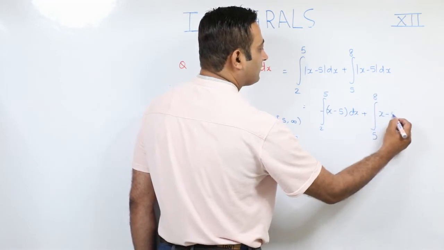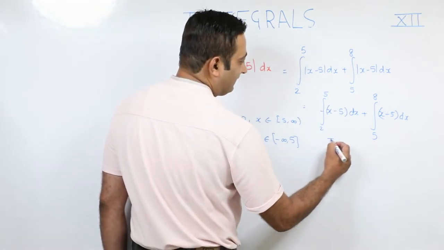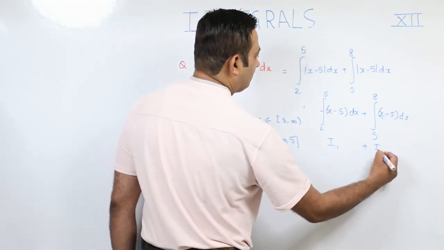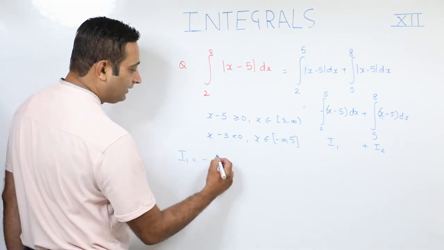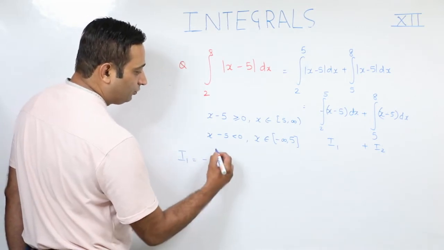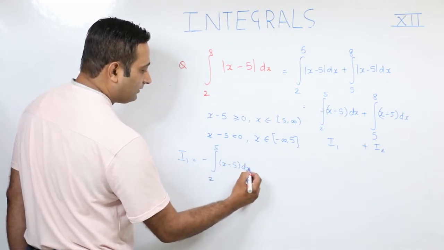So this will be x minus 5 integral. Now we have two parts here, that is integral 1 and integral 2. We can separately solve them. We have the value of I1 is the integral from 2 to 5 of x minus 5 dx with the negative